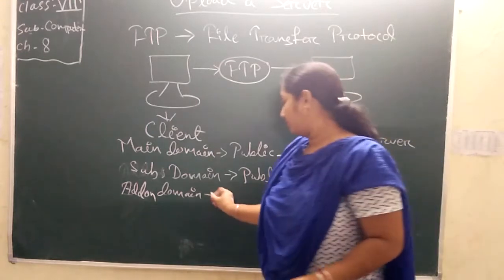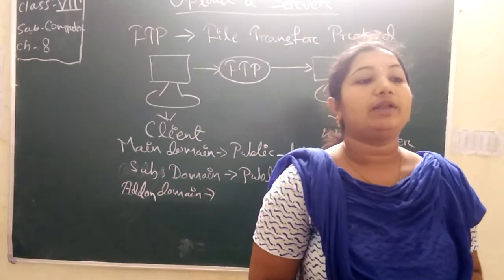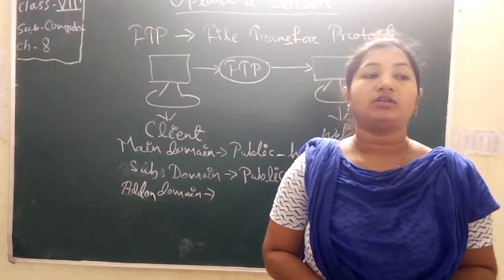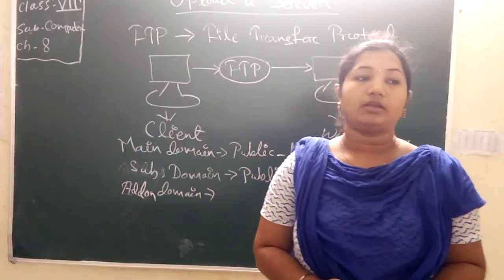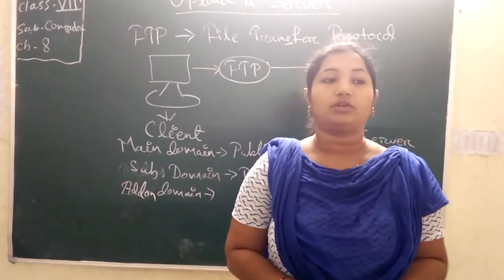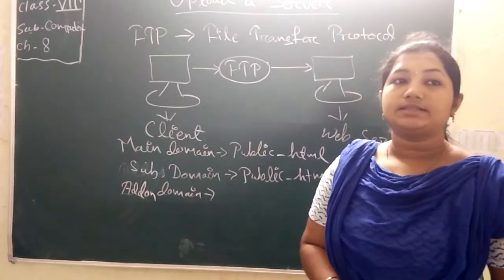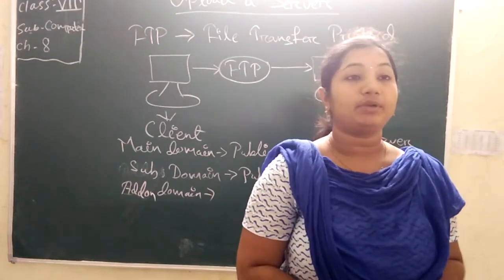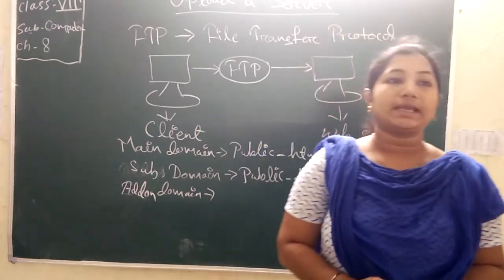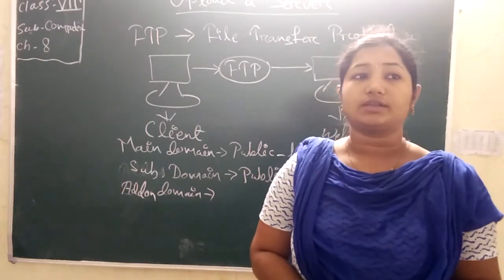Next is our add-on domain. So what is the add-on domain? Add-on domain document roots are very similar to subdomains, and if there is an add-on domain on your account, the main folder is also under the public HTML folder. Like if you have an add-on domain name example2.com on your account, the document root would be public HTML example2.com.